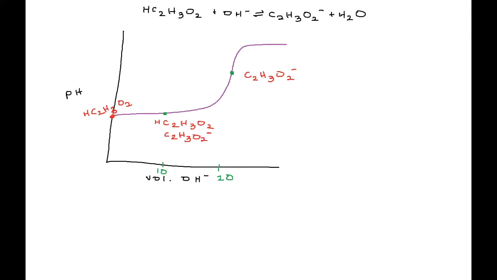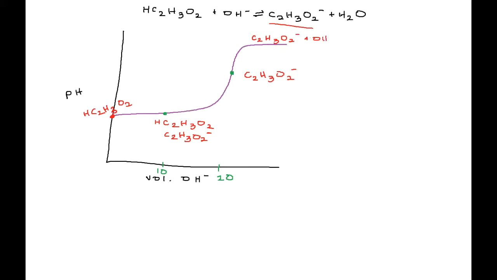Okay, so as I add hydroxide, the acetic acid is reacting with hydroxide and it's forming the acetate ion. I don't have any hydroxide because all of it's going to react. As soon as I hit my equivalence point, the only thing that's going to be left over is my acetate ion, and water, but we're going to ignore water. As soon as I go past that, now I have acetate ions and I'm adding hydroxide. And so no more acetate's going to form. I'm just going to keep adding hydroxide. So what's going to be present from here on is going to be your acetate ions